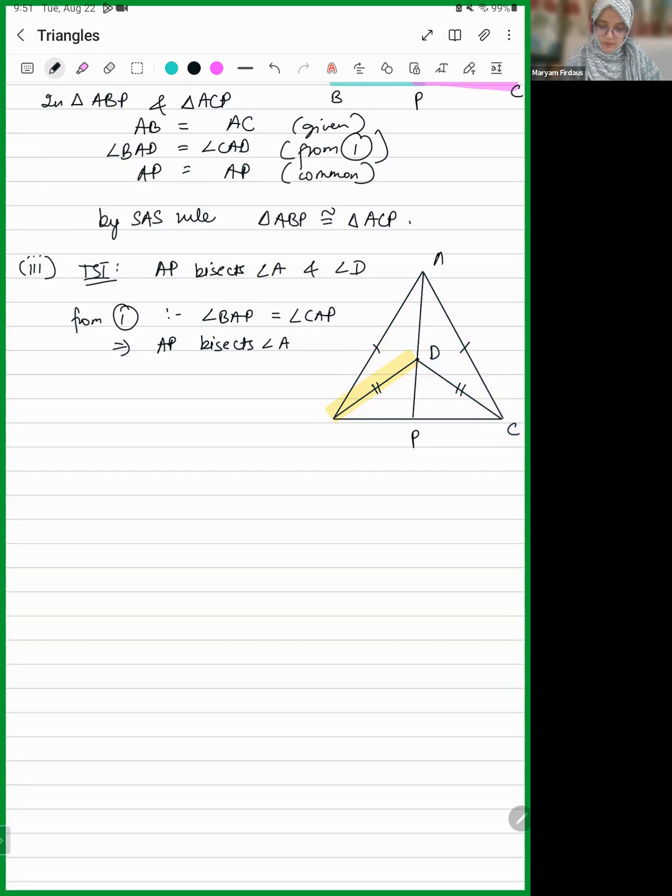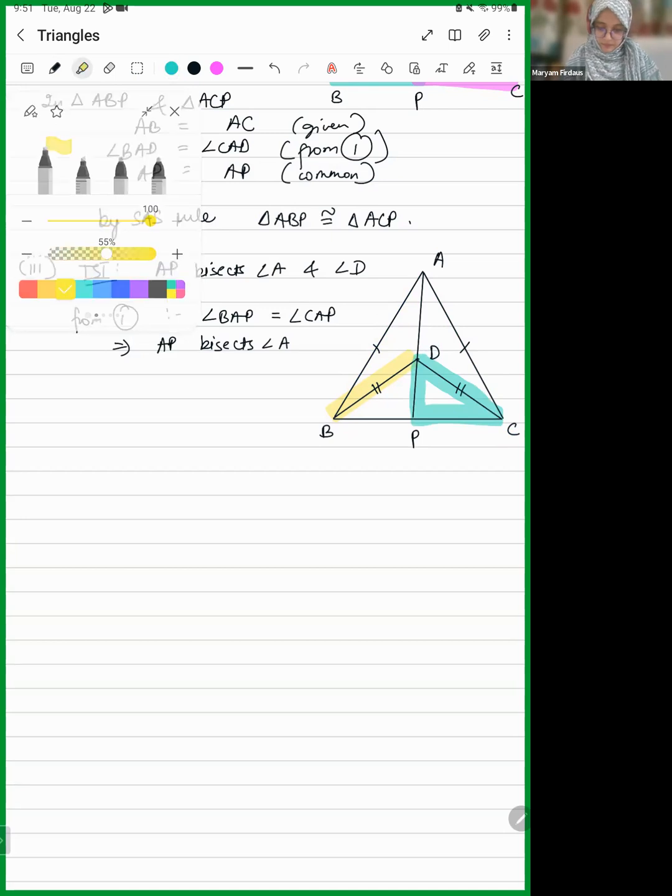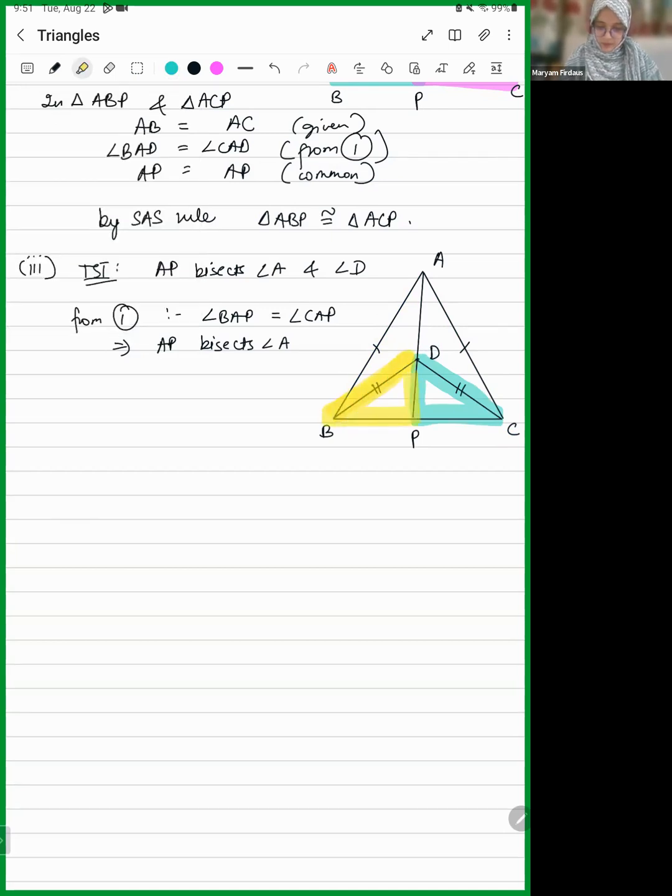This is A, B. Now we need this. These two triangles we are going to show as congruent. So now, in triangle BDP and triangle, okay, one thing that I want you all to understand is,